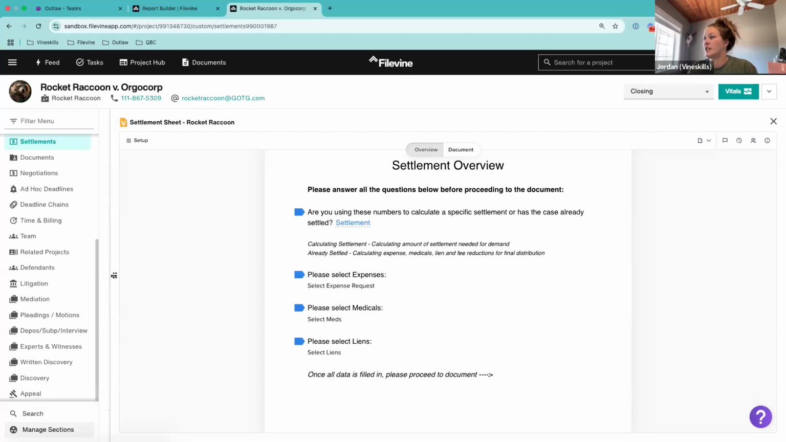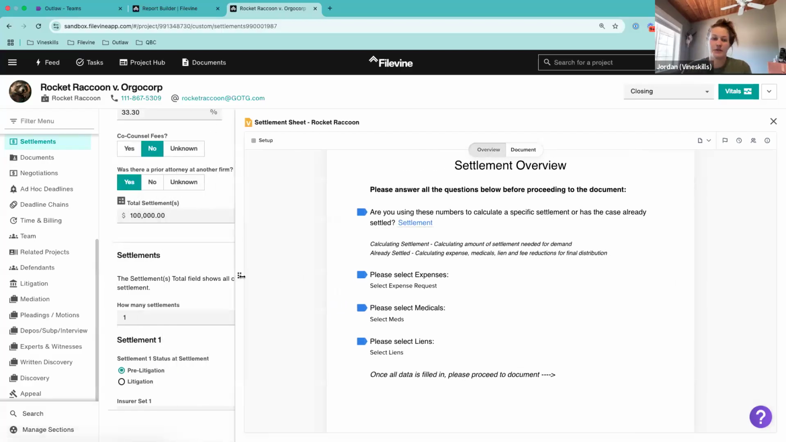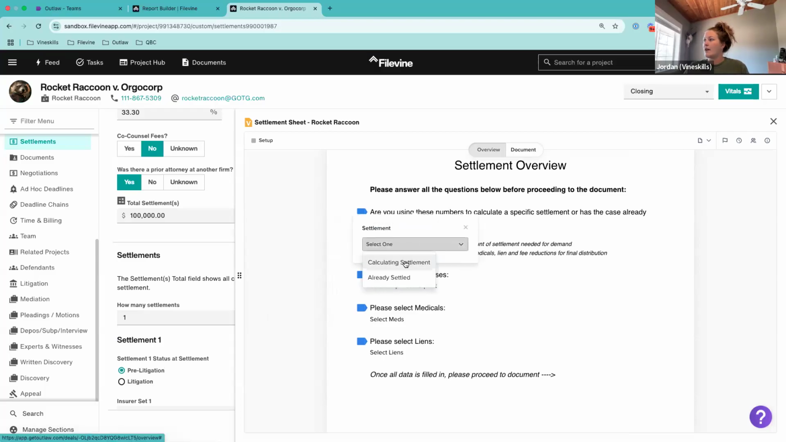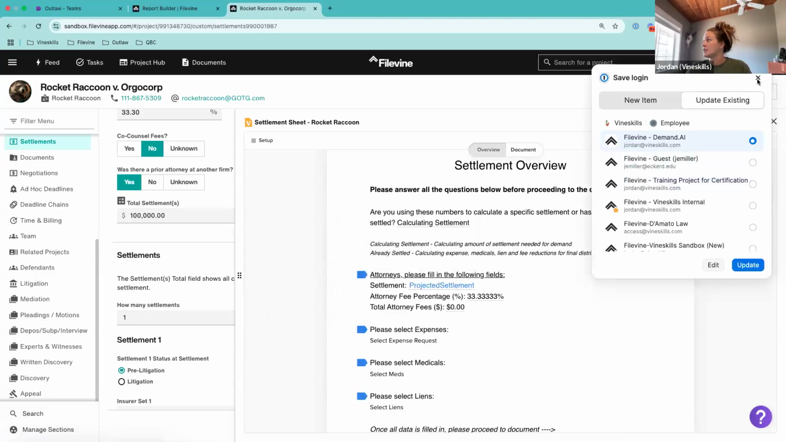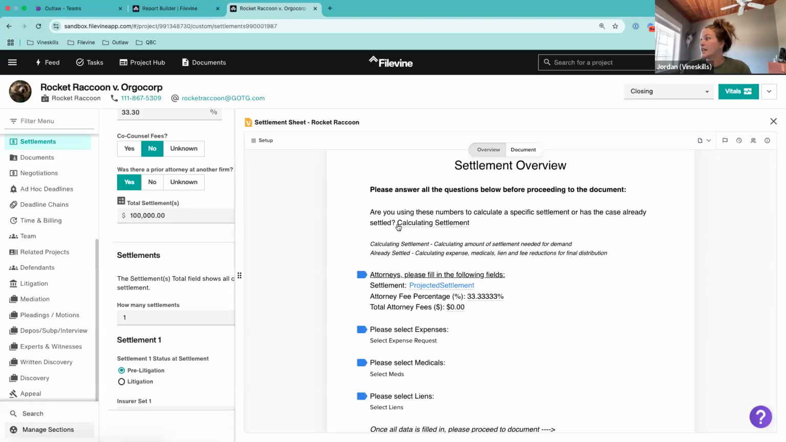So this version is the latest and greatest. I think this was released by Filevine in beta almost a year ago now. And now it's been really honed in, and Filevine's making a lot of great efforts to make changes and updates to it as well. But one of the main takeaways is that we can now have a couple of embedded options in here. So like I selected here, we can now do a calculating settlement, very much like a projected